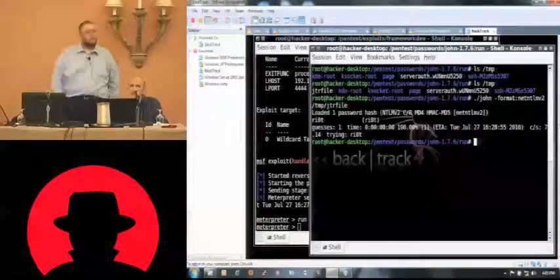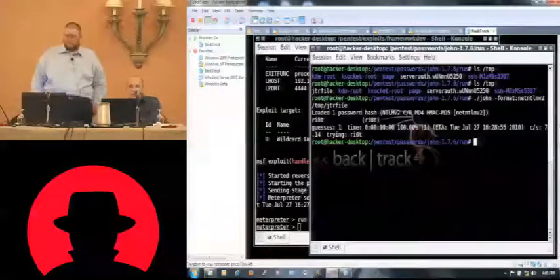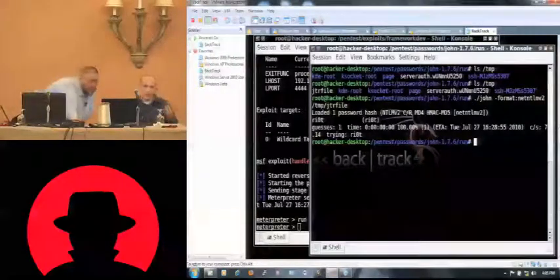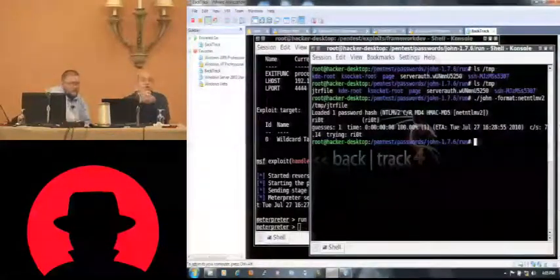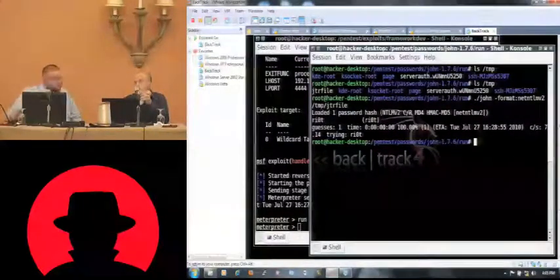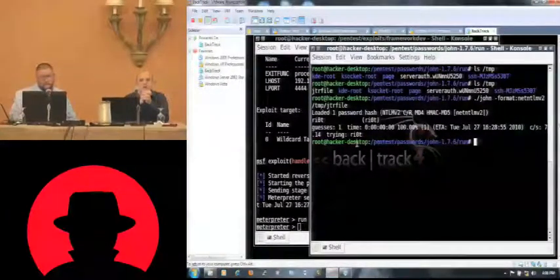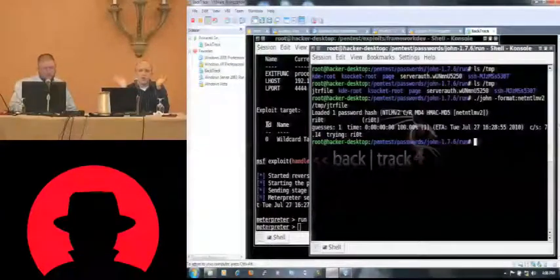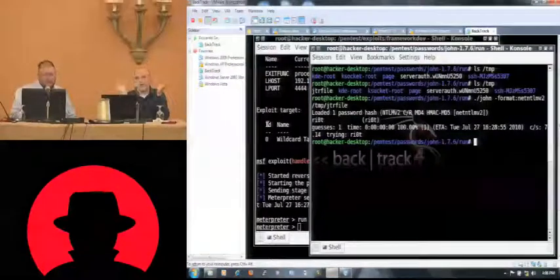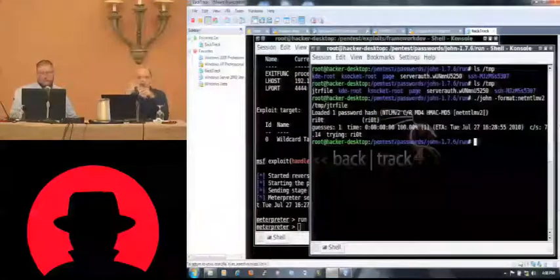Just as a comment on Meterpreter scripts, I don't know how familiar you all are with it. One of the things that we're doing through this is actually launching separate exploit and auxiliary modules in the background underneath Meterpreter. So you can programmatically control anything that's in the Metasploit framework within a Meterpreter script. This particular one leverages